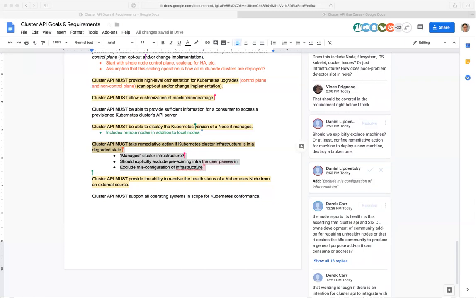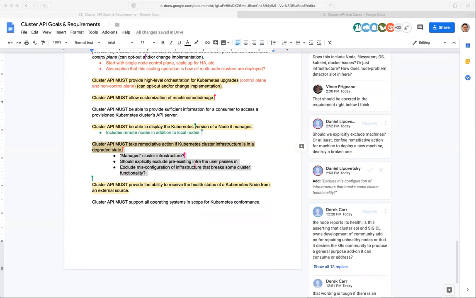So the problem that we have there, though, is that if somebody is consuming the upstream Cluster API project directly, then they don't necessarily have a way to actually upgrade and manage those clusters over time. I guess that maybe is a problem, but earlier when we discussed a compute API, we talked about Terraform and not wanting to redo it. This bullet point sounds like Terraform to me.